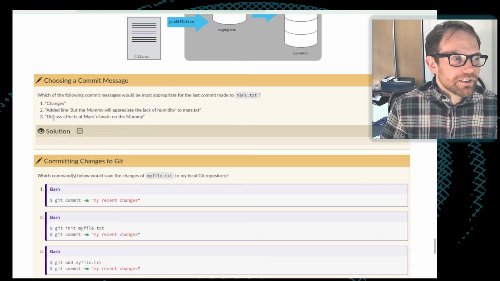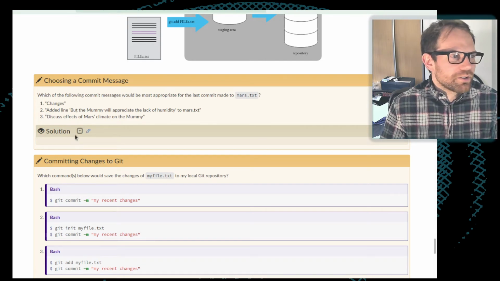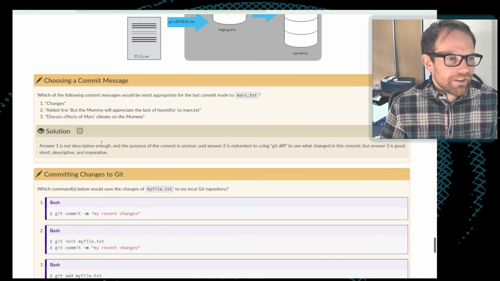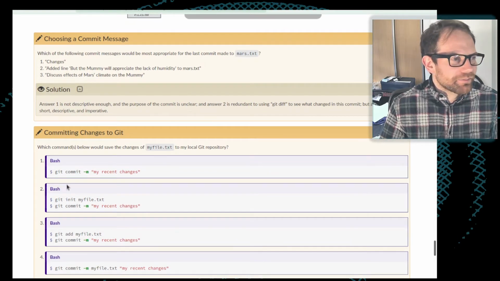But "discuss effects of Mars's climate on the mummy" is more useful because when we look at the Git log, we can see that this is a nice, concise description of what we've changed. So that's basically what they say. It's short, descriptive, and it is imperative as well, which I guess is saying the same thing.